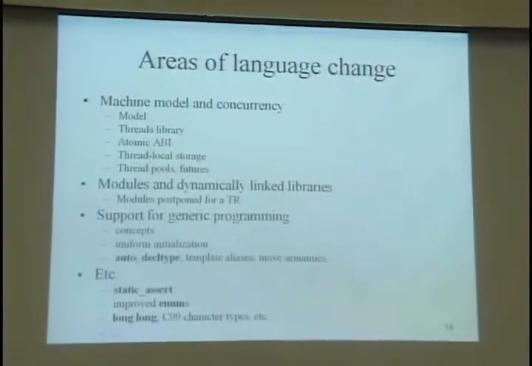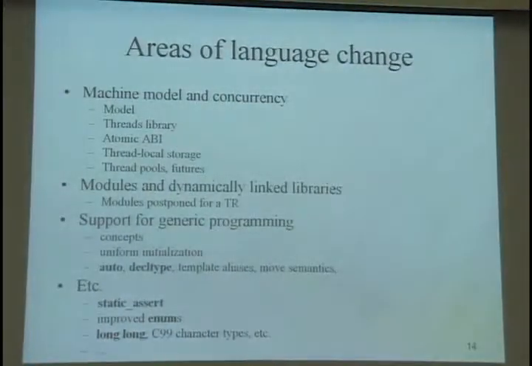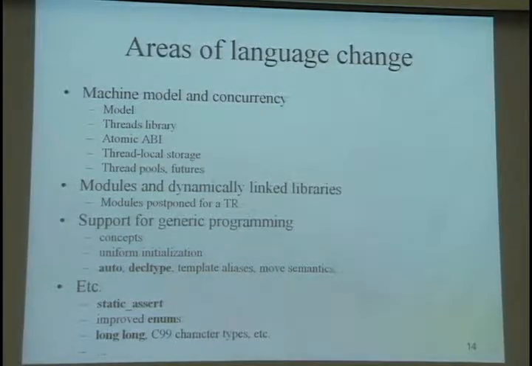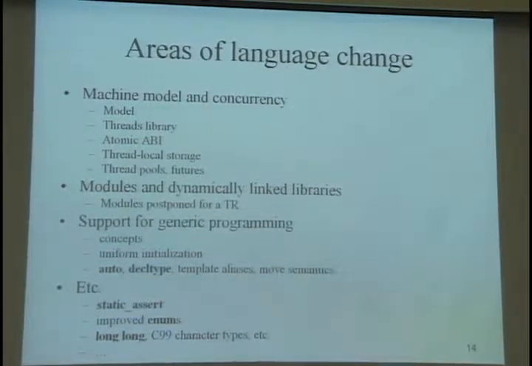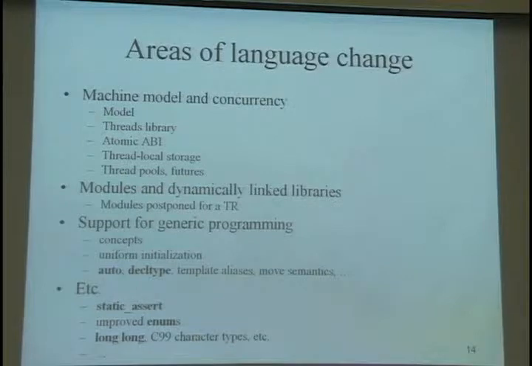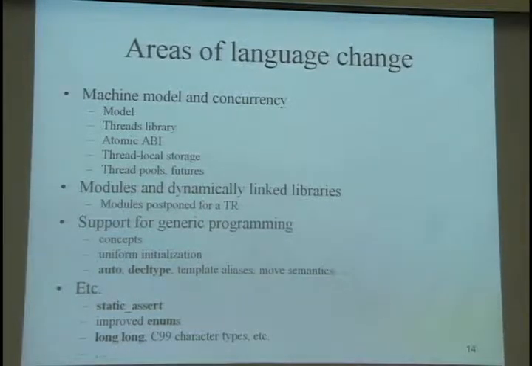Okay, so where are we working? We're working on machine model and concurrency. We really have to deal with these new, very weird architectures. If you've been looking at machine architectures, especially the advanced stuff, you'll see I'm not exaggerating when I'm saying it's weird. The combination of several levels of caches, of inlining, of speculation, of branch prediction, multi-cores, you name it, this is a really weird world. And we need a model for how machine architects and compiler writers interact